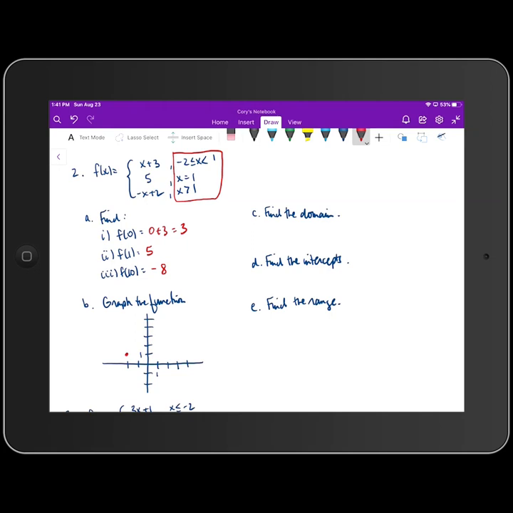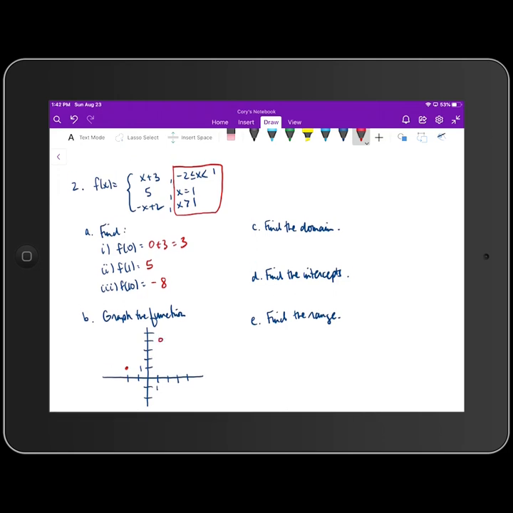I use a closed dot at that value because my inequality symbol is less than or equal to. Okay, so that's going to be a true statement. That is a point on the graph of my function. Okay, I next plug 1 into the function. When I plug 1 in, I get an output of 4. I'm going to use an open dot at the point 1, 4 because 1 does not satisfy that top inequality. Because that function is linear, I'm going to draw a line connecting those 2 points,